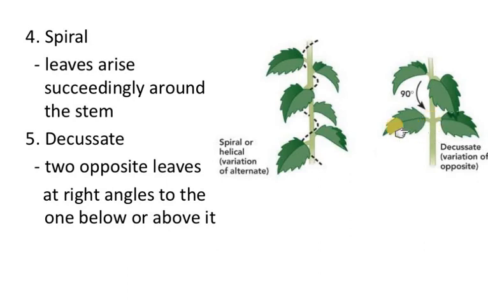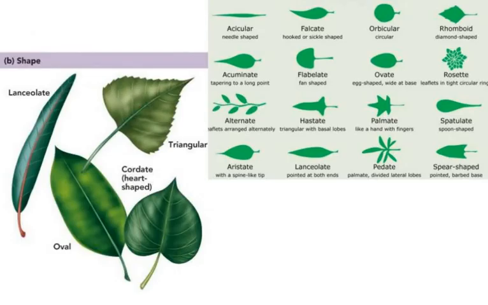And this one is called opposite, but decussate. What does it mean? First, the leaves are oppositely arranged on this node, and here, at a right angle to the first ones, the leaf is like this. Here it was like this. The leaf is at 90 degrees to the previous leaf. So the two opposite leaves are arranged at right angles to the previous set of leaves. This kind of arrangement is called decussate, and it is also called opposite decussate leaves.